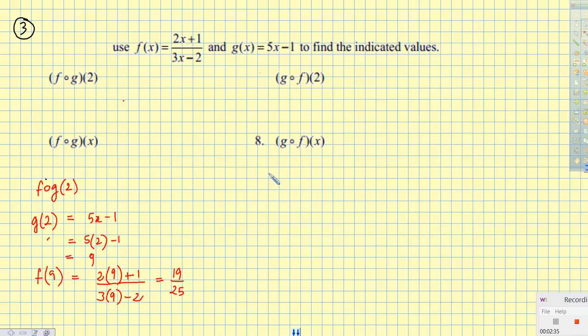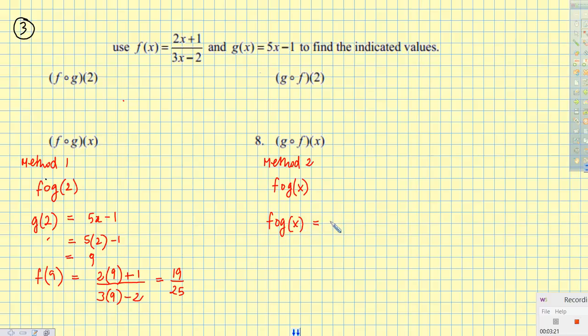The second approach that we can take is that I can actually do f of g at x first, and then replace the 2 in afterwards. So this is the first method, method 1, and a second method we'll call method 2, so that I can just take the g of x function and replace it inside of the f of x. So if I do f followed by g,